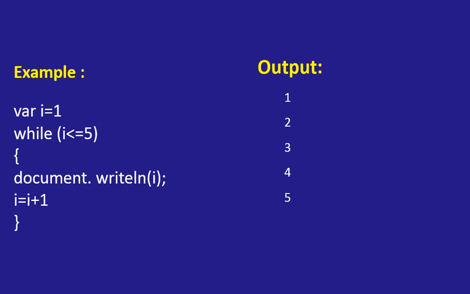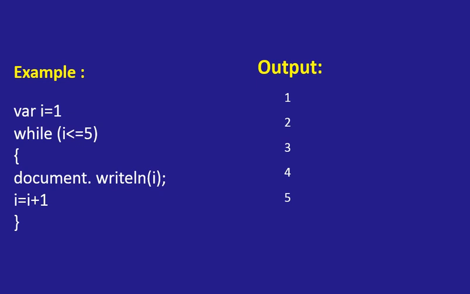In while statements, the statement within the loop may be a single line or a block of statements. If the statement within a loop is a single line, then the curly parentheses are optional. Here the loop will be executed repeatedly as long as the condition is true. Note that if the condition is always true, then the loop will be executed infinitely. So after some execution, the condition must become false. Otherwise your program will continuously work and you will not be able to come out of it. So somewhere you have to give a break. Then when the condition is found false, the control will come out.